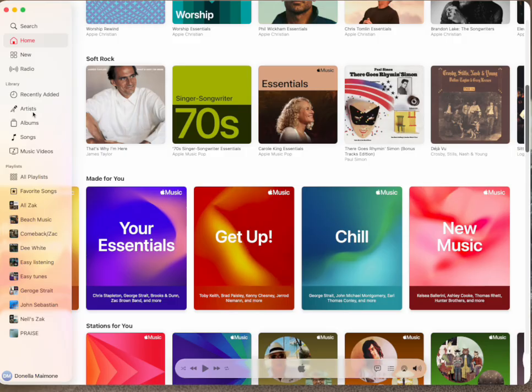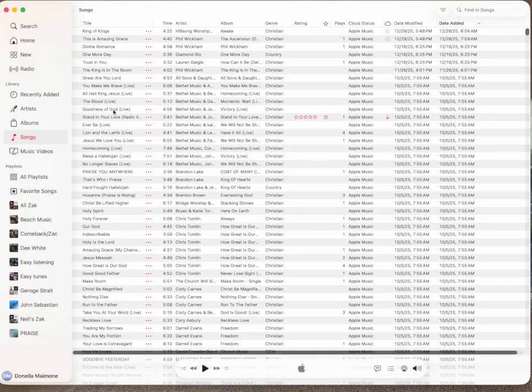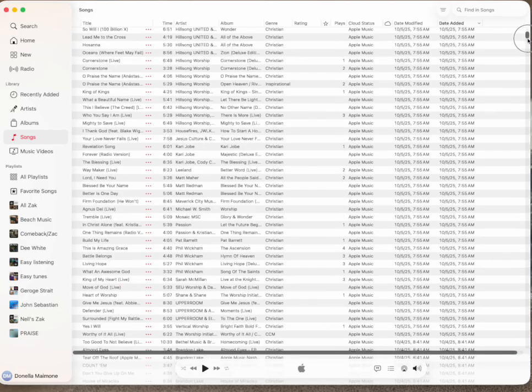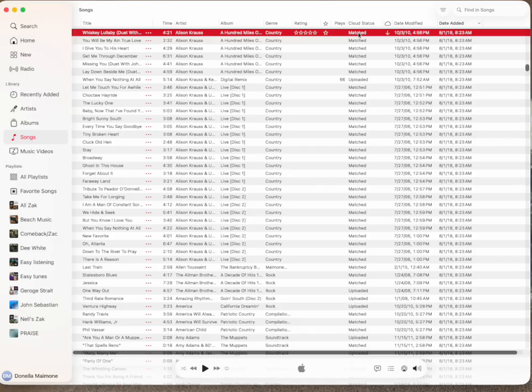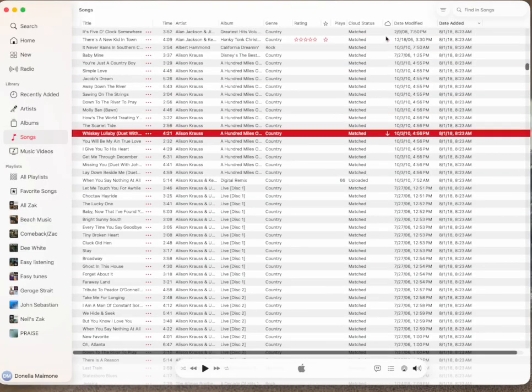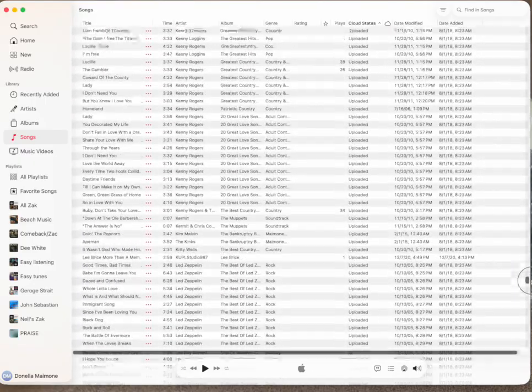But what you're probably most interested in is songs. So we go to songs, and this shows all the songs that you have in Apple Music. Matched right here shows that you had this on your computer already, and Apple went and found it in their library, and they said, "Don't worry, we gotcha." So we could sort by cloud status, which has matched, purchased,